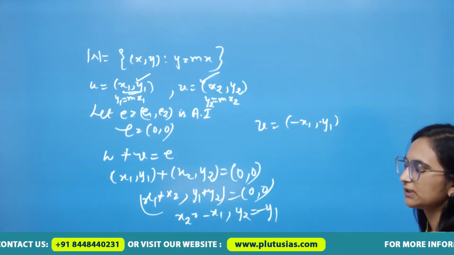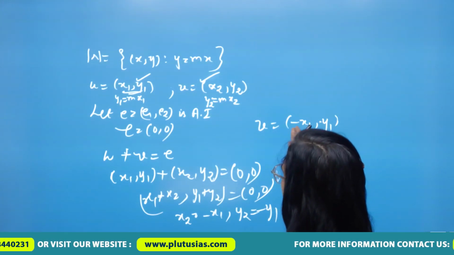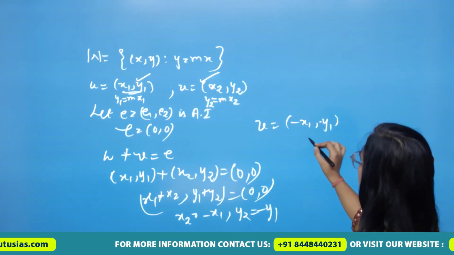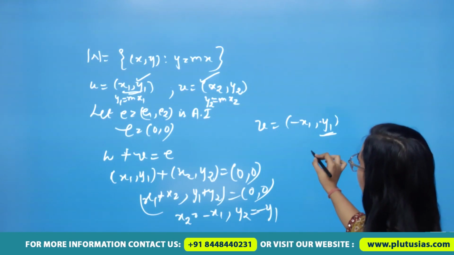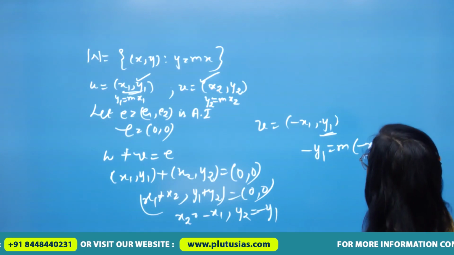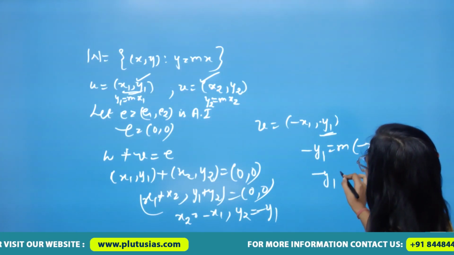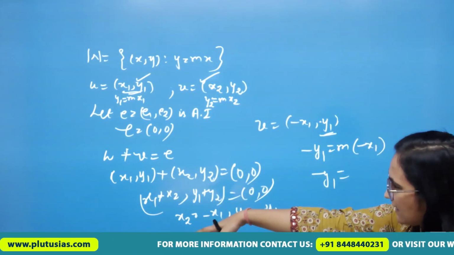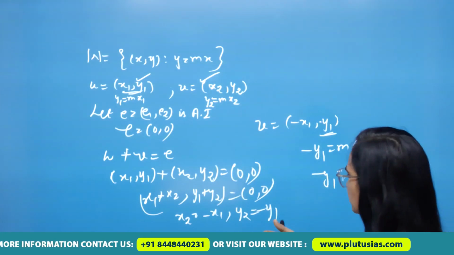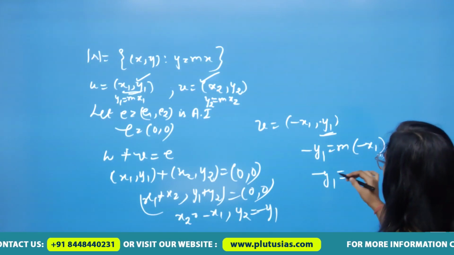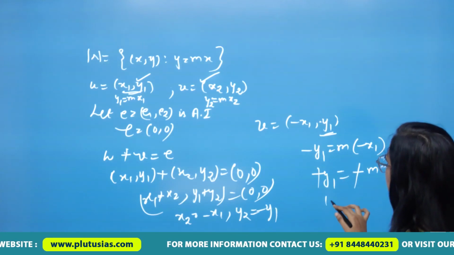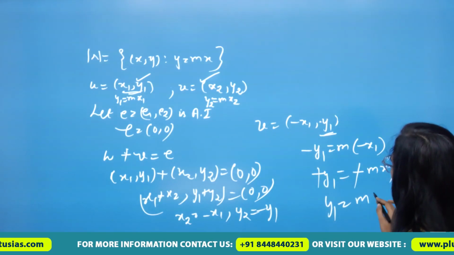to W, what should be done? This v should satisfy that equation, and that equation is y is equal to, at the place of y we should have minus of y1, and this is equal to m into minus of x1, minus of y1. And on the first slide we have proved the property a into minus of u is equal to minus of au. So this would be turned, minus would be outside and it would be m of x1, and minus minus 1 cancel, y1 is equal to m x1.